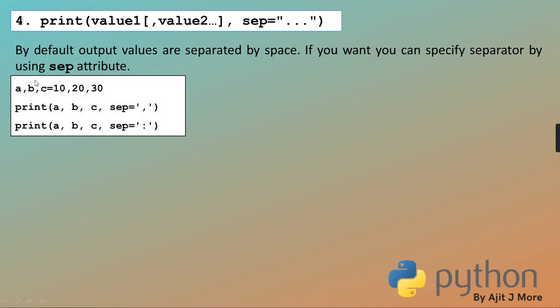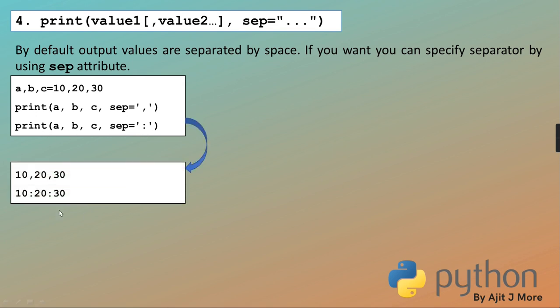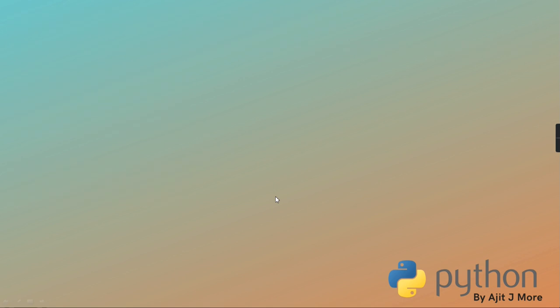Okay? Just an example I am giving. I have created 3 variables A, B, C. They are initialized with 10, 20 and 30. Okay? So 10 is going in A, 20 in B, 30 in C. You are displaying all the three values. But for sep you have given comma. So all the three values will be separated with a comma. And here for sep I have given colon. So all the three values will be separated by a colon. Getting? See. 10, comma 20, comma 30. And here 10 colon 20 colon 30. Right? So this form is also clear, I guess.